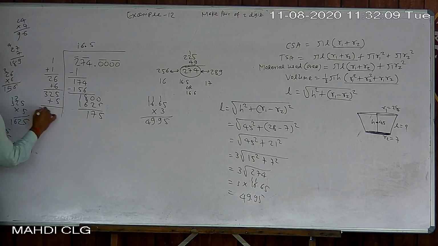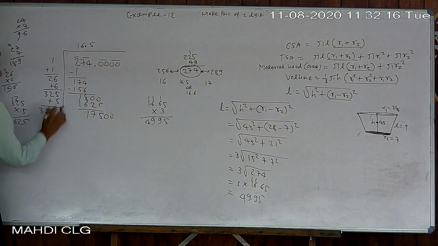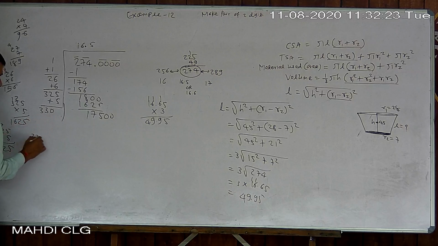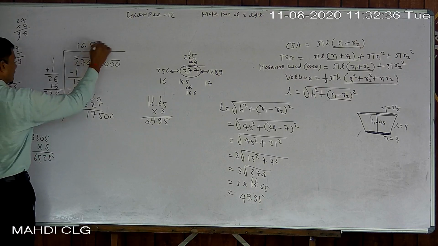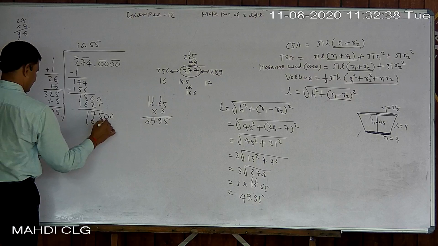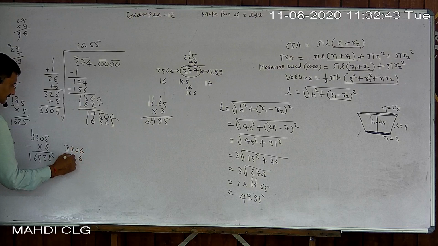So now it becomes 330. Okay, now one pair comes again. So either 3301 into 1, 3302 into 2, 3303 into 3. That way you have to go. So I go to 3305 into 5. Okay, so 5 5s are 25, 5 3s are 15, 16, 16525. So I again put 5 here. So 16525. And 3306 into 6 will be an increase.